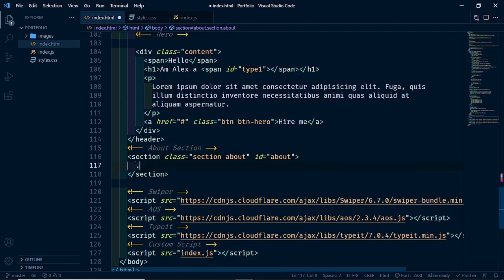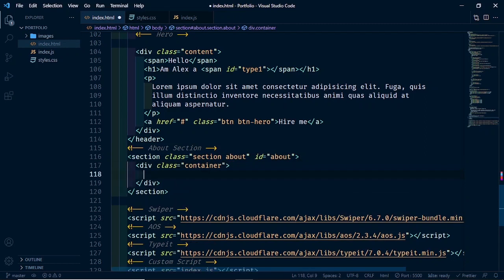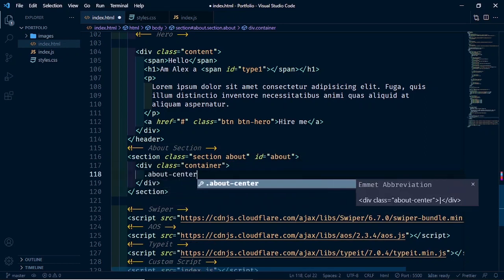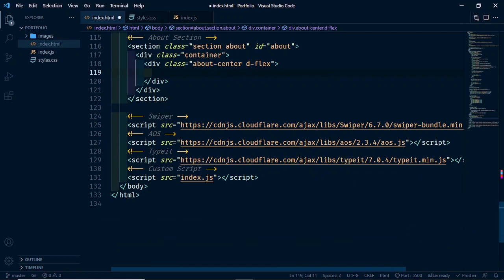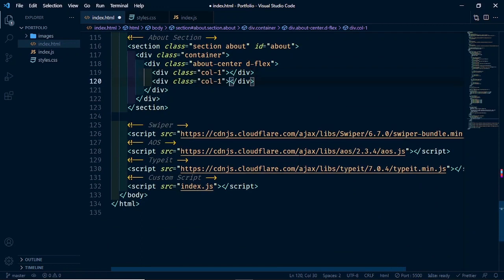Within this, let's start with our container class, and within the container, let's have a div of about center, and it should be display flex. Within the about center, let's have our column. So col1, let's copy this down,